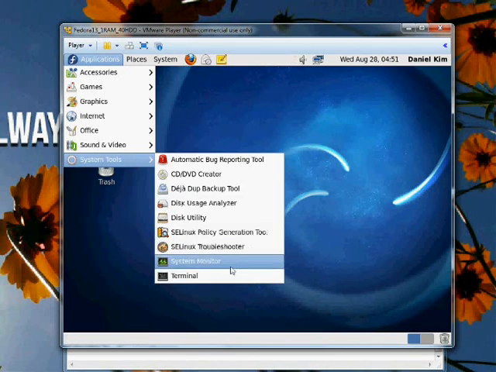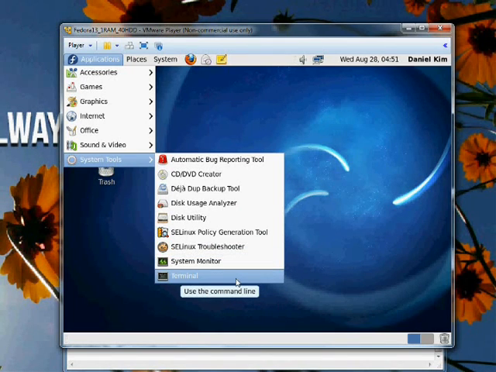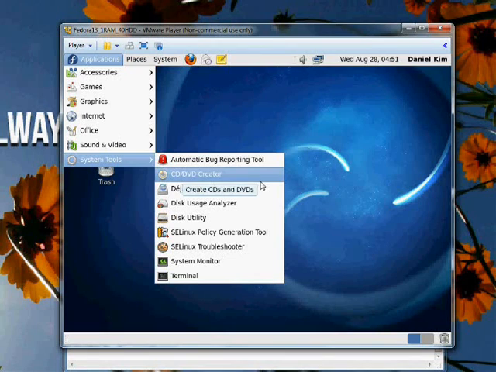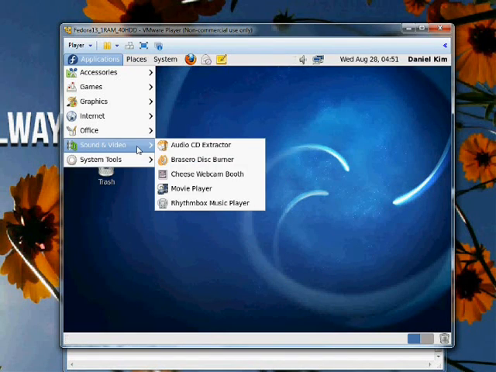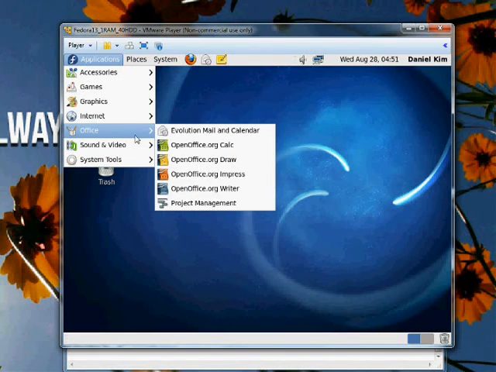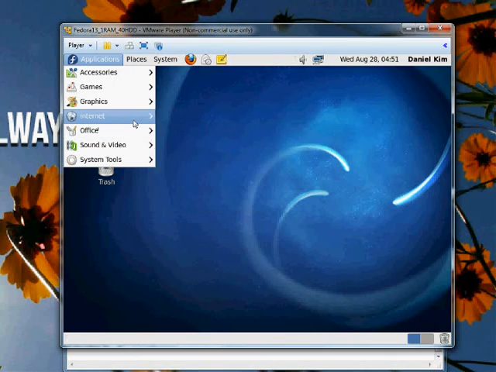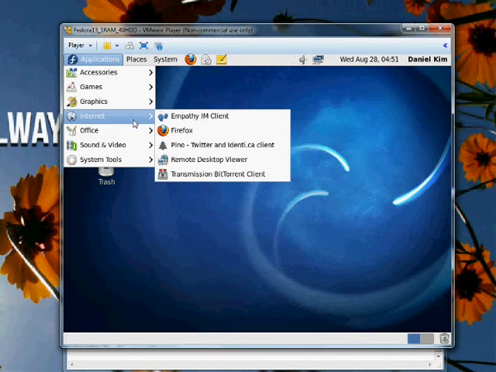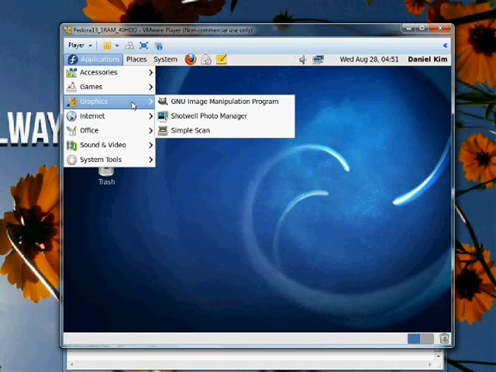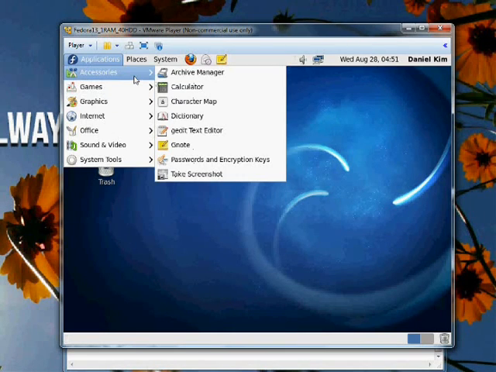So down here we have system things and system monitor. You got your terminal stuff, more stuff. Oh, Open Office. This is like Microsoft Office, internet stuff, some utilities and more things. Okay,